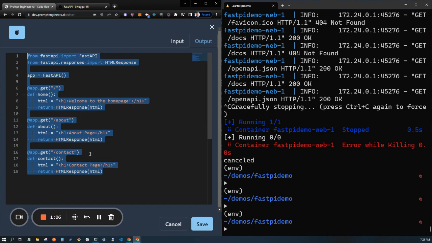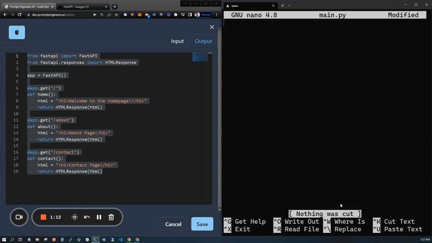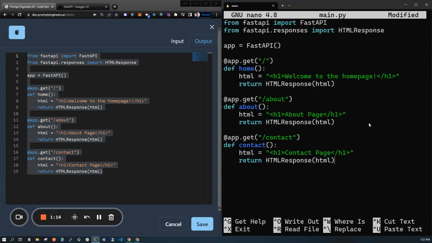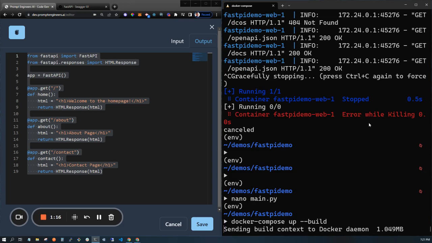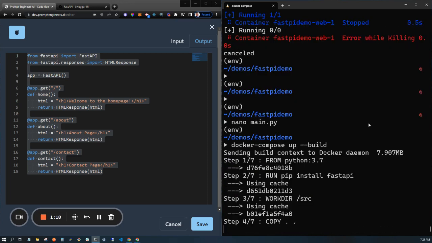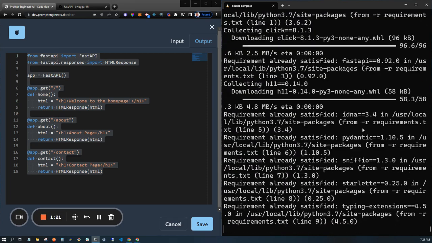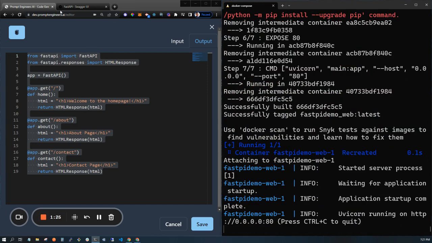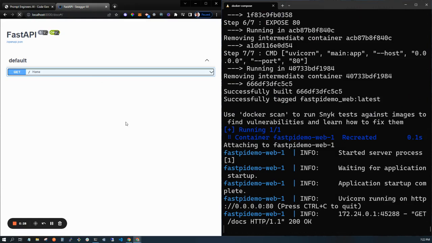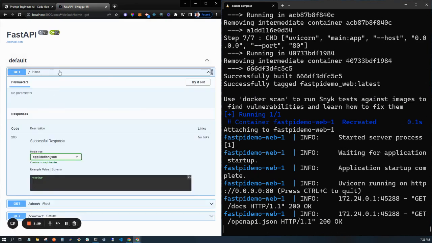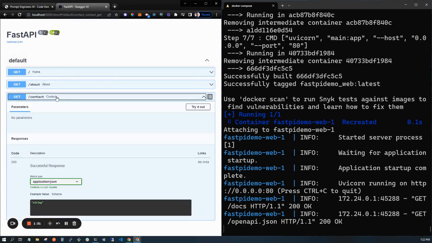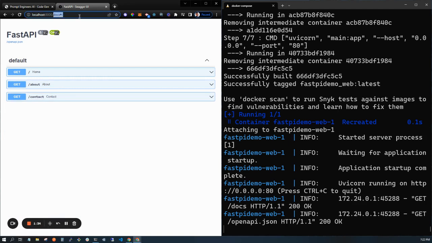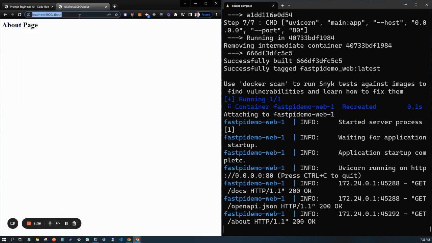Awesome. We've got our other two pages, about and contact. And I'm going to go here and do nano main.py. And we're going to delete all these lines, and then we're going to throw that in there and rerun it again. Come back over here, go ahead and refresh our docs. And great, we've got three routes now. We've got the home page, the contact page, and the about page, and we can go to each of those and see we